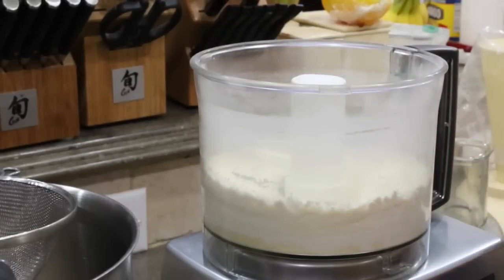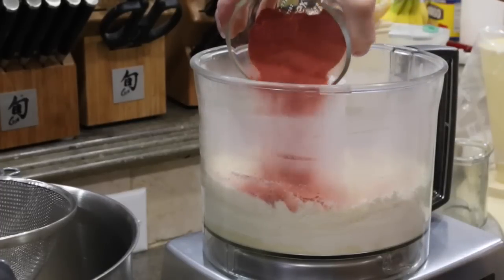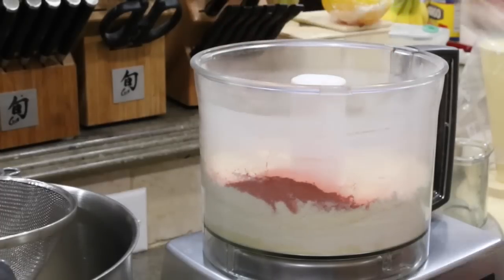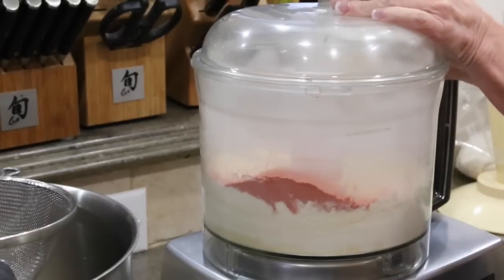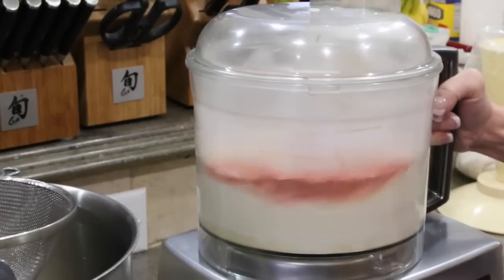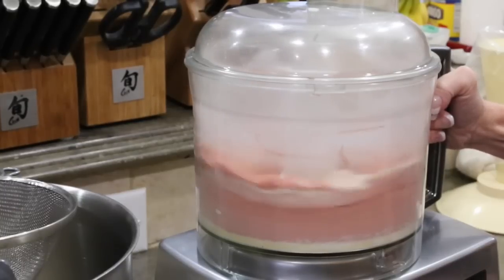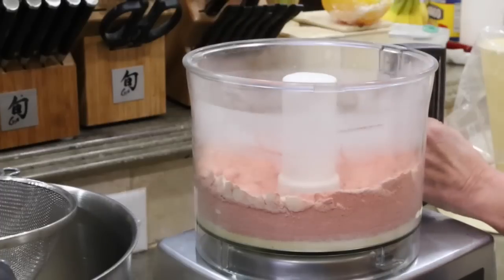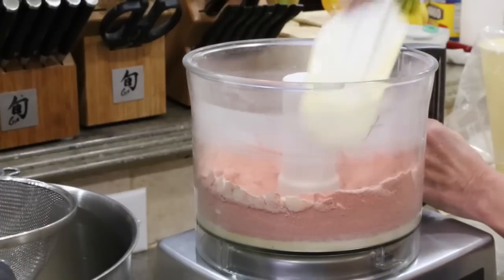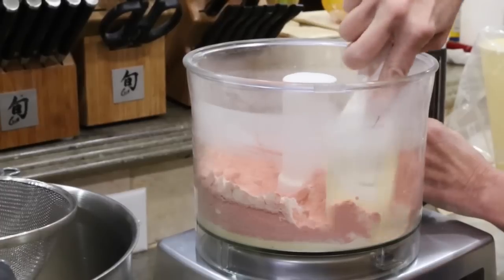I'm going to add in our dehydrated strawberry powder, and then of course I'm going to pulse it again, and that is organic dehydrated strawberry powder. And we'll pulse that to mix it all together. Again, you will notice my almonds are continually falling to the bottom. You're going to want to scrape that just a little bit, blend it into the rest of your mixture,